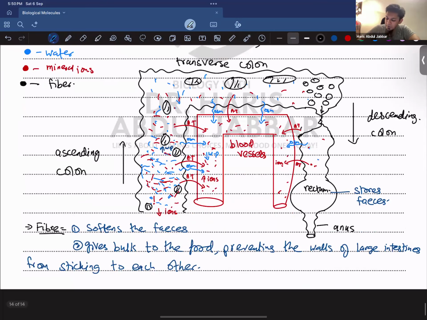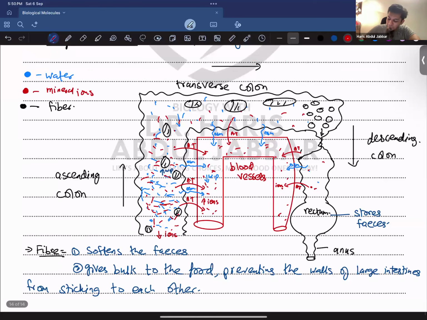When this condition happens, when there is lack of fiber, we say that we suffer from what? We suffer from constipation, right? Makes sense, right? Acha, what's the remedy for